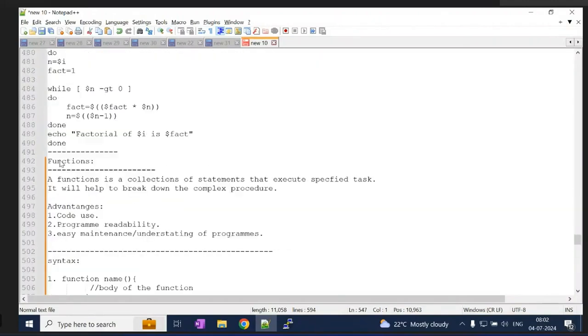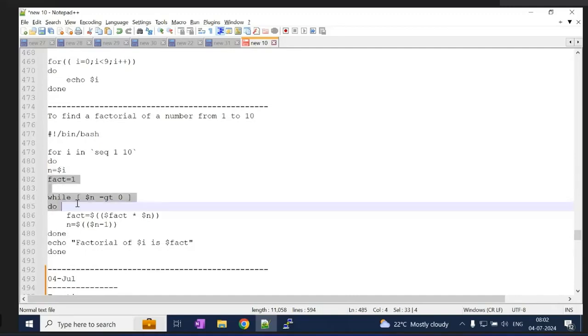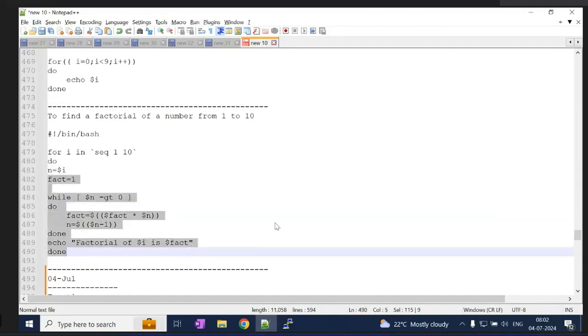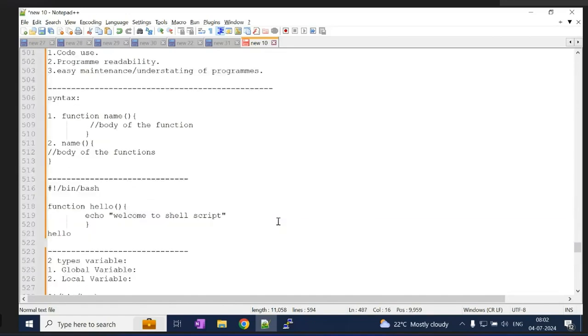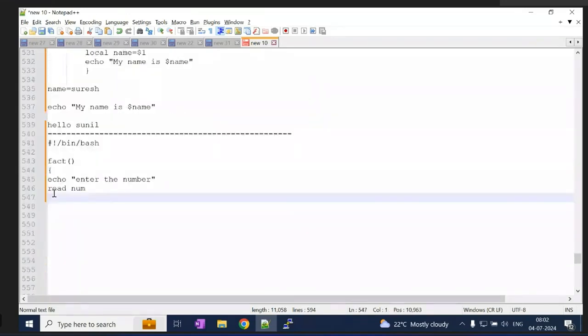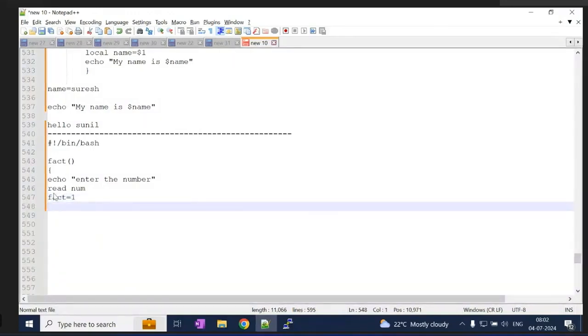Everything else is the same, it is not going to change. It remains as it is. So fact equals 1. Then the remaining condition is the same again, right? And our number should be greater than 0, right?